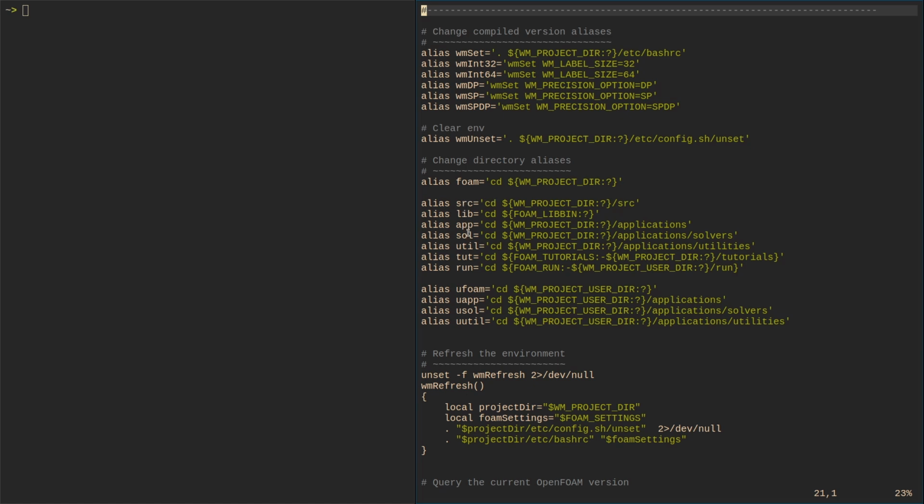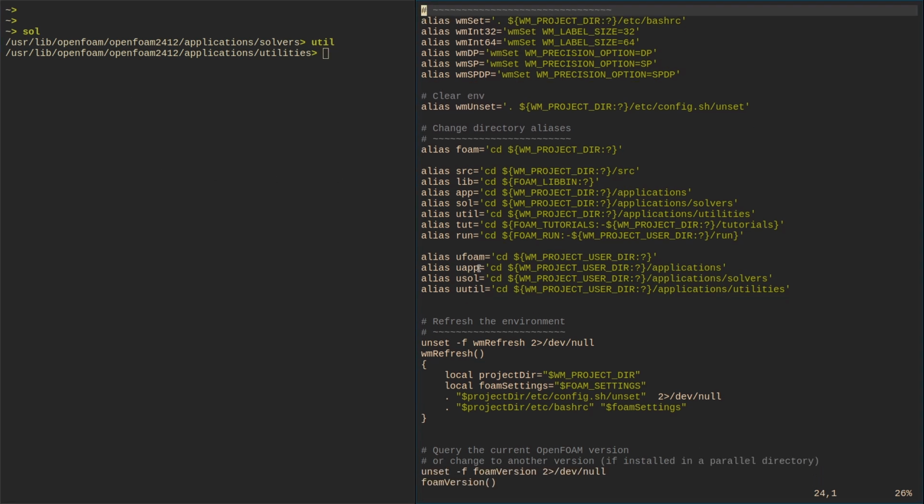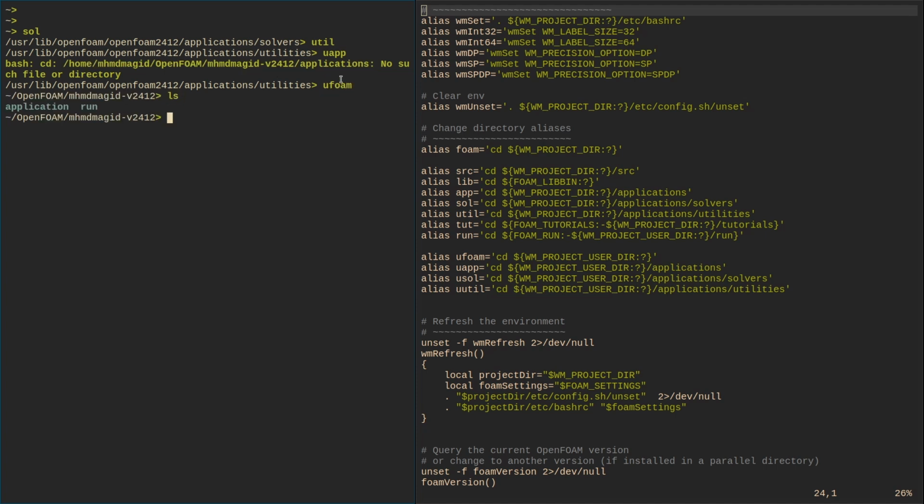So let's try new things like SOL, which will go to the solvers, and UTIL, which takes us to the utilities, and UApp, which takes us to the applications, but in the user directory, our applications. What is the problem here? I think I missed the S letter. Okay, so let's just rename it